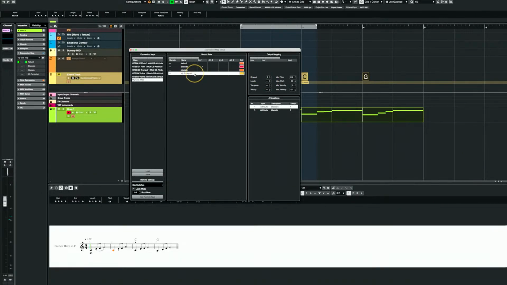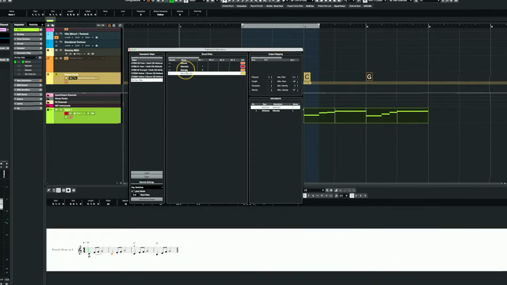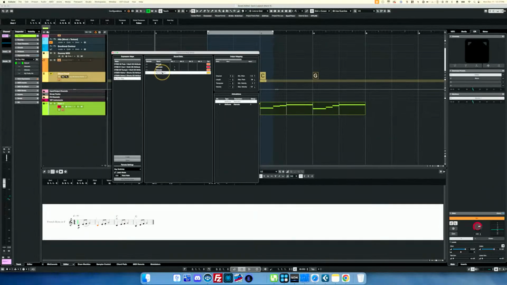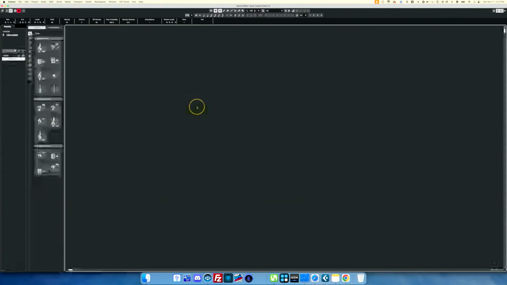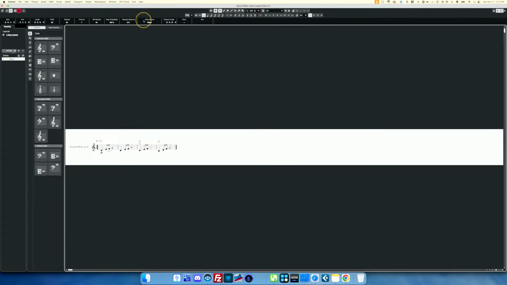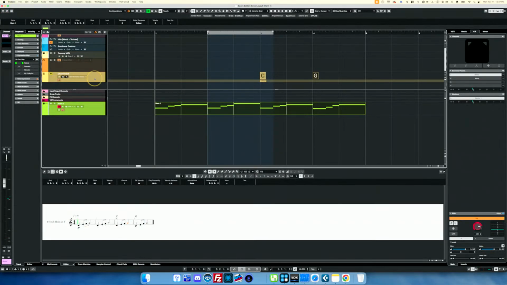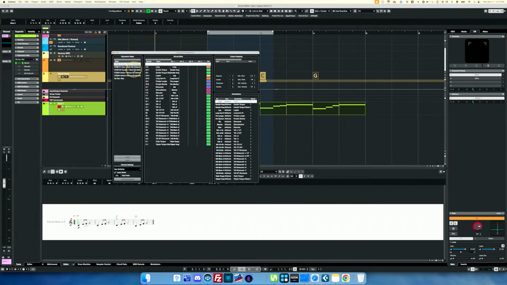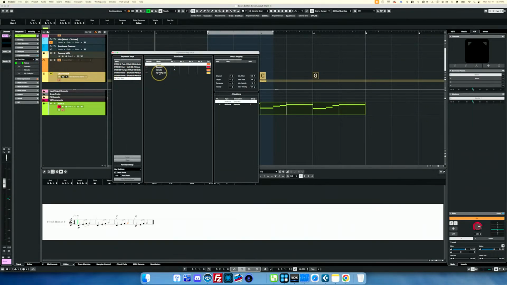But let's say it's something weird. It's not a normal thing. You can still assign that here, and then when you go into your MIDI, you can always say, you know what, I want this note to be my funky thing. So I guess I don't have an articulation. Let me follow through with that so that my demo makes a lot of sense. Let's say I have my